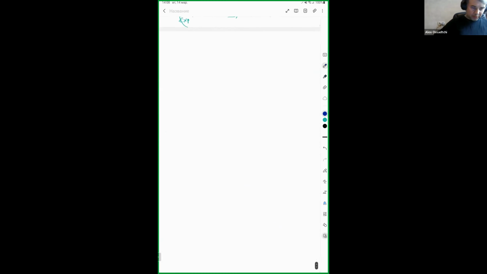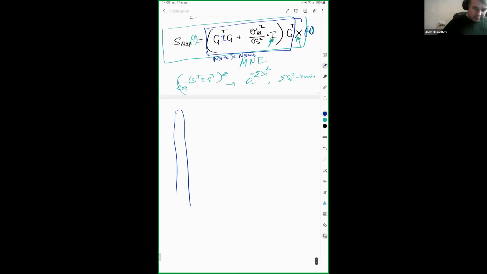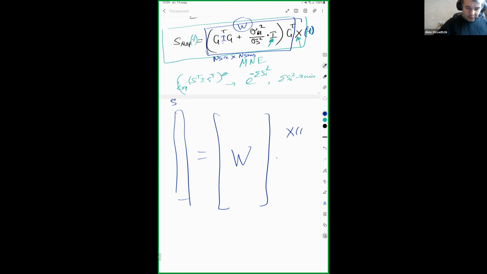If you write it this way, S hat is equal to your W matrix, and we'll call the whole thing W, multiplied by X of t. This is small, and this size is this size. Basically each row of this matrix